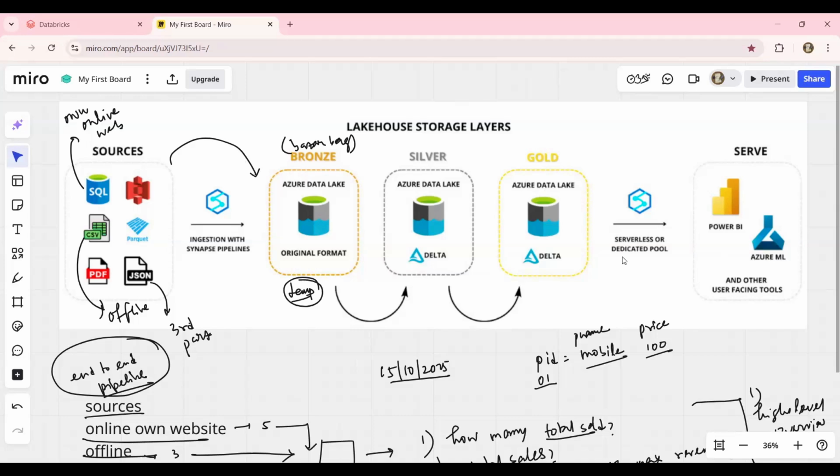Okay, so during a transition, if I go for any project in the company, any client, what kind of preparation and prerequisites would be there, and what kind of tools would we be using to migrate the data to their cloud? Okay, right. So basically, as we are learning Azure,